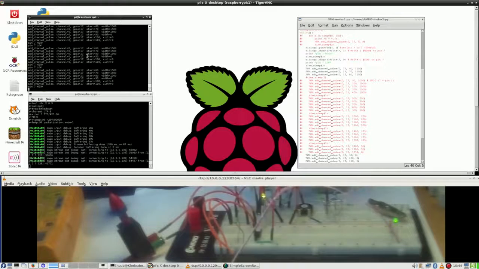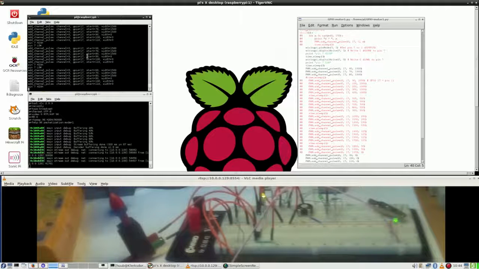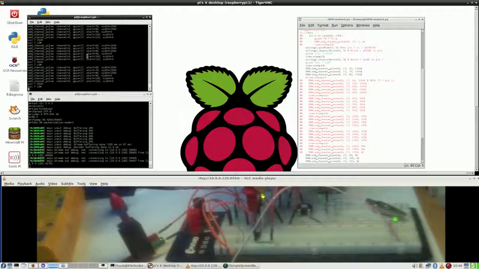Alright, that says 4 kilohertz .20 and 470. So it varies a little bit from 470 to 5,